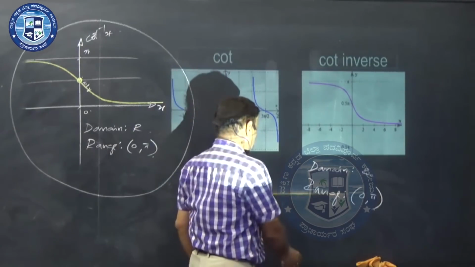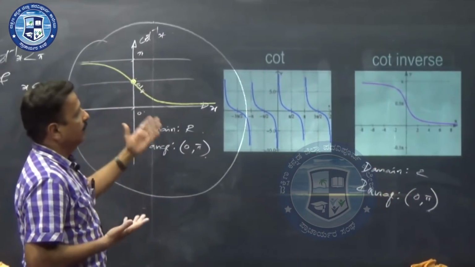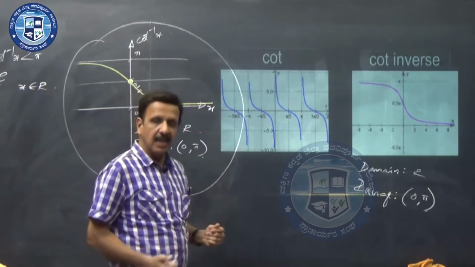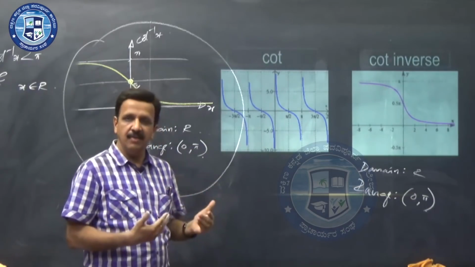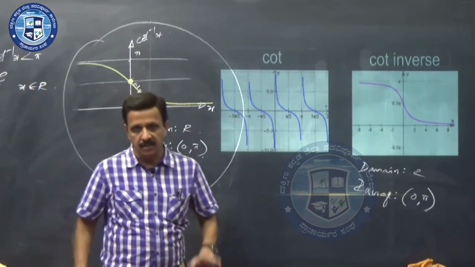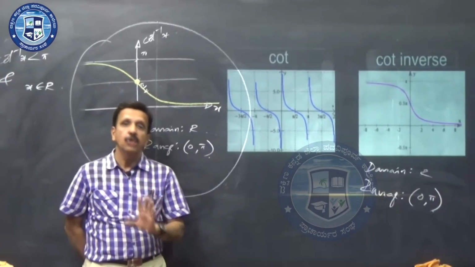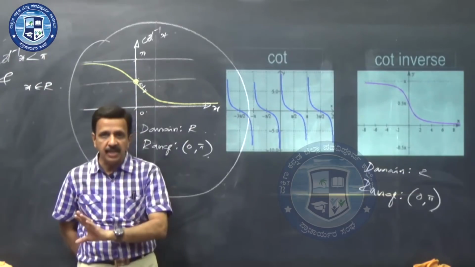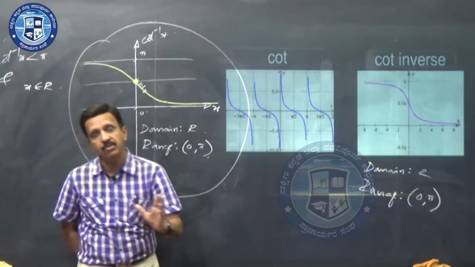And this is what you need: the comparison of the graphs, which is very important. Graph of sine, cos, tan, graph of sine inverse, cos inverse, tan inverse, graph of cosec, secant, cot, graph of cosec inverse, secant inverse, and cot inverse. At this stage, what is important? Write any number of times, it is okay, but write sensibly. You need to know what the graph of sine inverse x versus x is, what the domain is, what the range is. You must recall the graph, and be in a position to write it fluently without seeing.